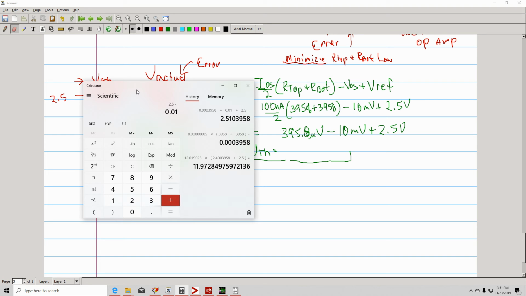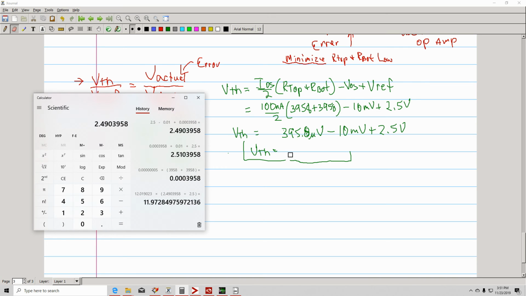Okay, so we're going to say plus 395.8 exponent negative 6 equals, okay,